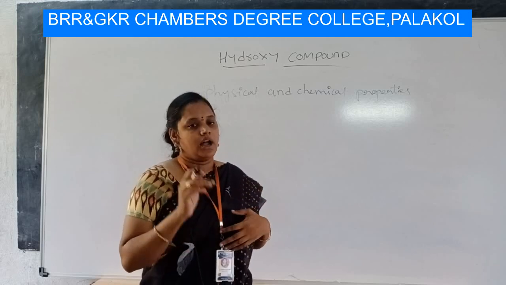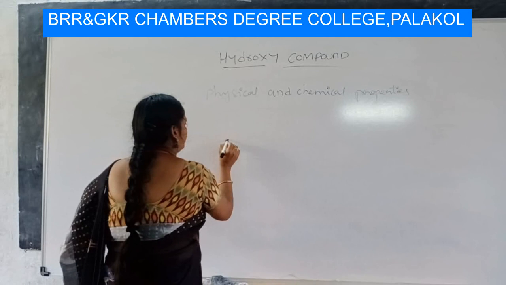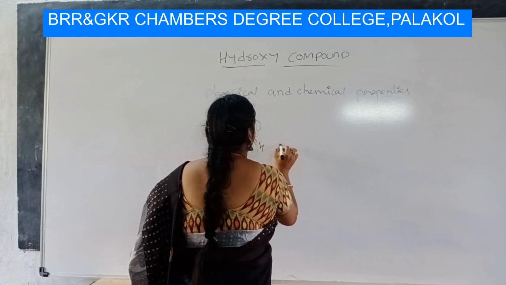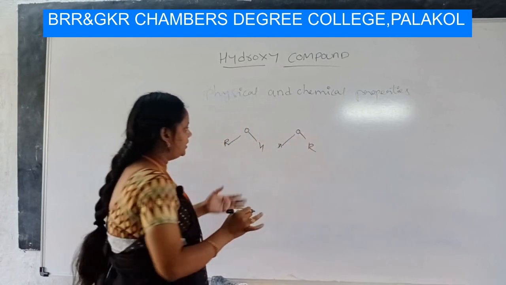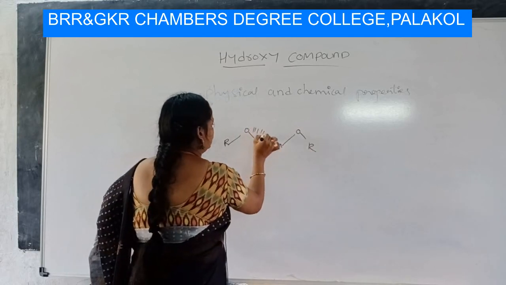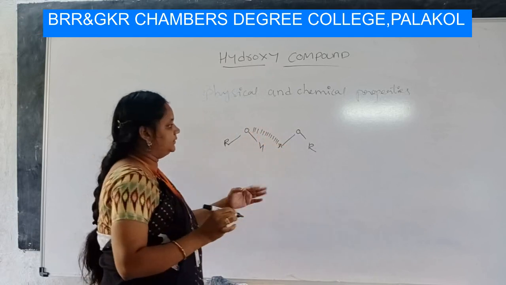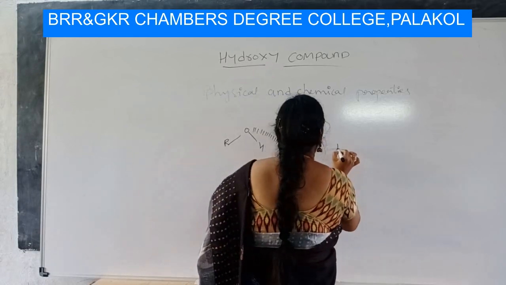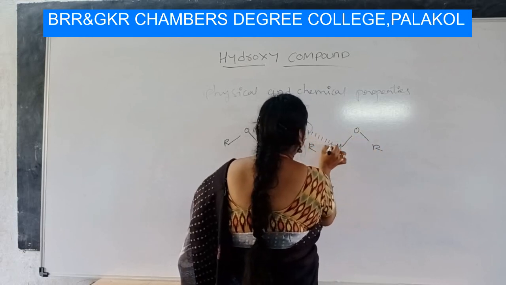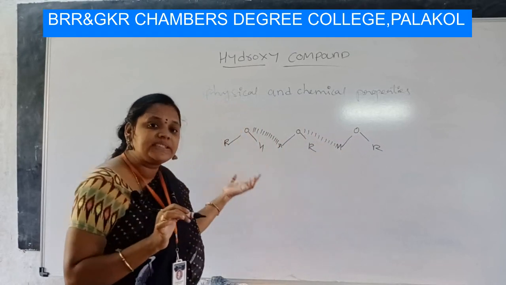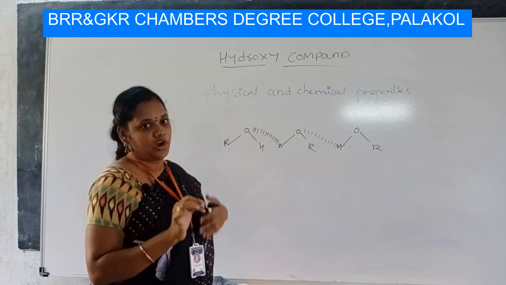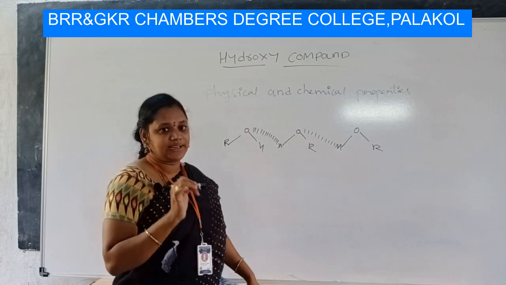The boiling and melting points of alcohols, for example, alcohol group ROH, another molecule of alcohol, they get connected with hydrogen bonding. And again, if you take another alcohol, again they will get connected with hydrogen bonding. Because of this hydrogen bonding, they have very high boiling and melting points. Okay, but there is an exceptional case.